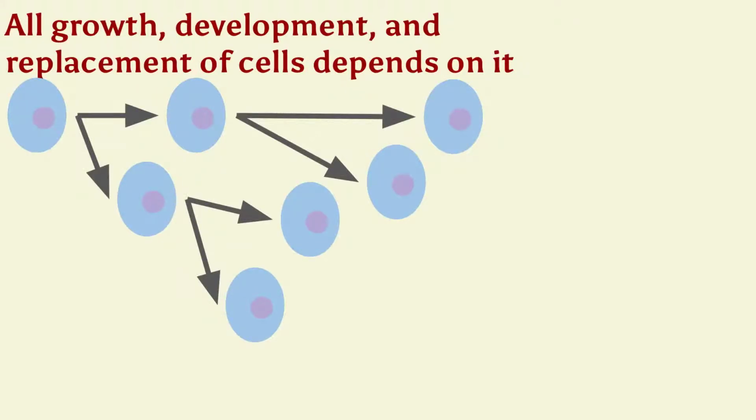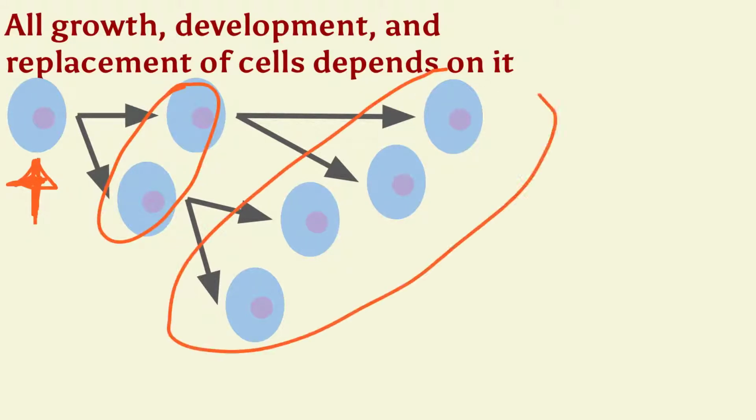Why is mitosis important? Well, for starters, all growth, development, and replacement of cells depends on it. Okay? You started out as a single little itty-bitty cell that gets fertilized. Those sex cells get fertilized. Once they join, you have a zygote, an embryo, a fetus, and you today. All of that, you sitting in your chair right now, is a result of mitosis. Okay? Cells copying themselves, growing, and developing into trillions of cells today.